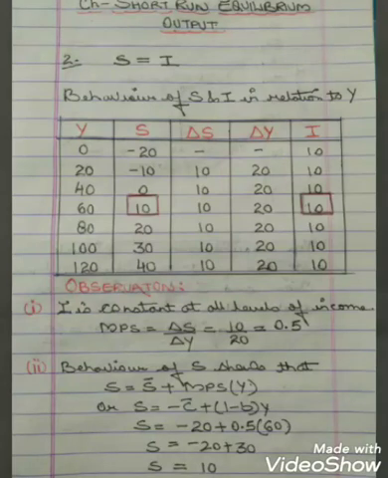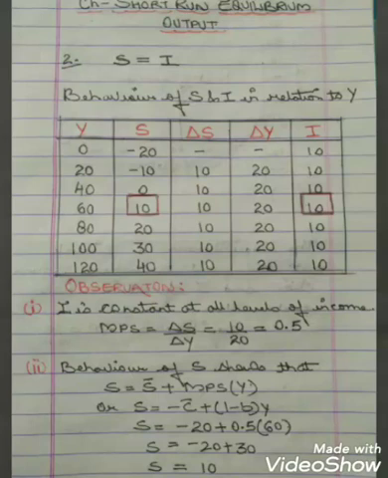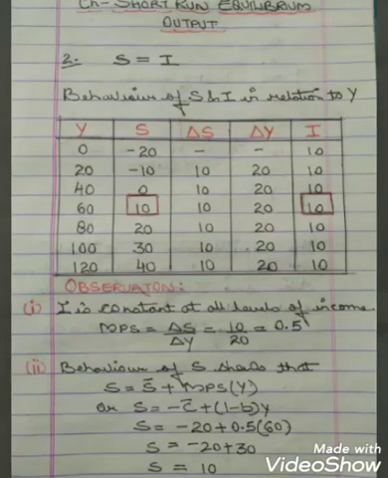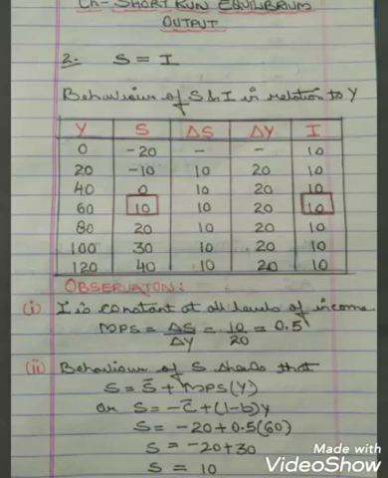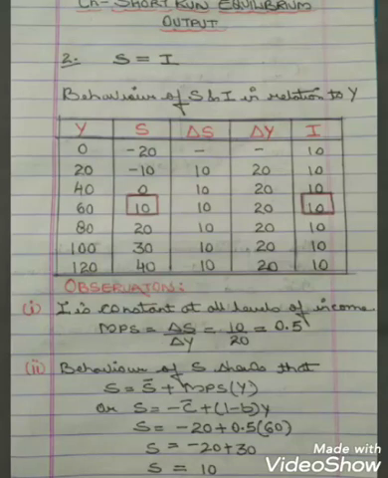Now if you see, when Y is 0, saving is minus 20, because when Y is 0, saving goes negative. Income increases from 0 to 20, 40, 60, 80, 100 and 120, where saving is initially minus 20, then minus 10, then 0, then 10, 20, 30 and 40. That means as income is increasing, saving is also increasing, as we have already done in a previous session under the saving function, that income and saving have a positive relationship.